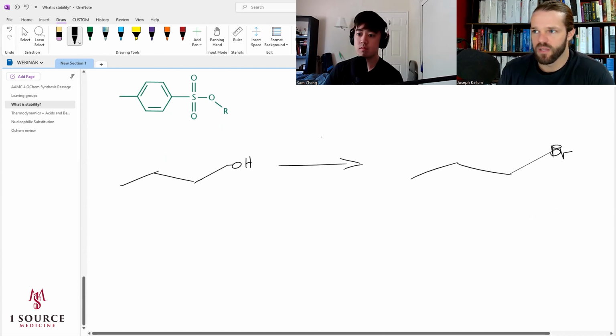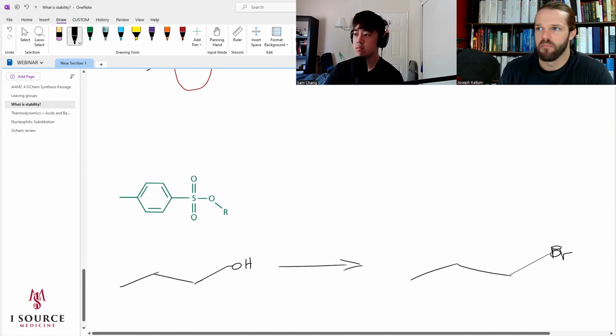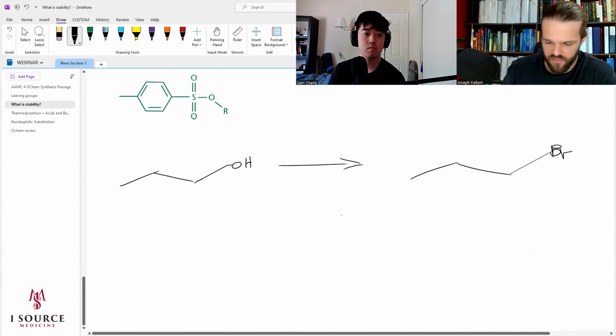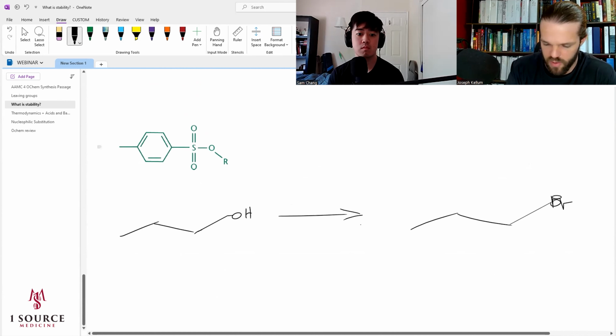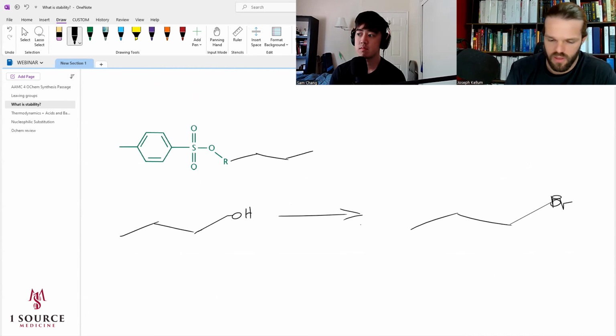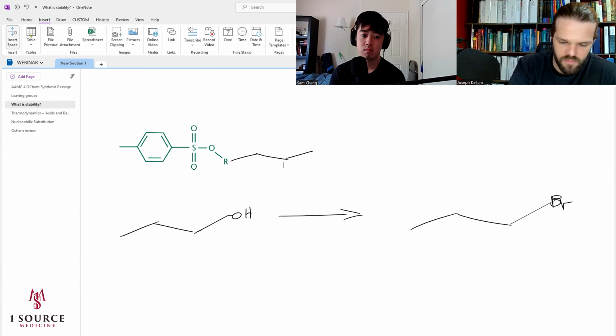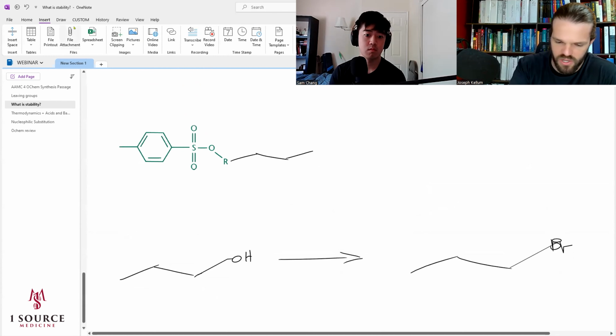And so for that, we will react it with either the mesylate or the tosylate and turn it into that. So we would turn it into essentially this that I have drawn out right here. If you just imagine that the 3 carbons are this R here, and then whenever, we'll just put them there. Okay, so then whenever our nucleophile comes in for this reaction, it's going to come in and want to displace